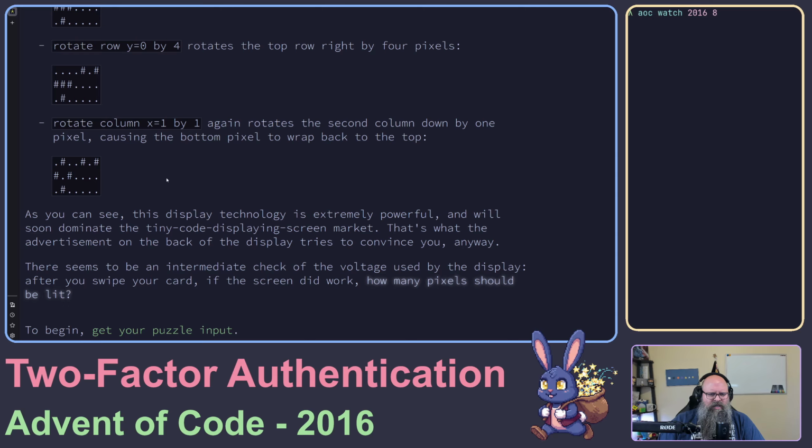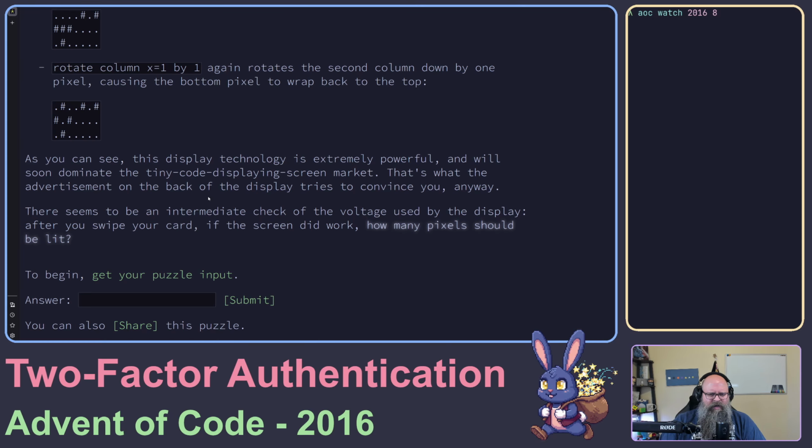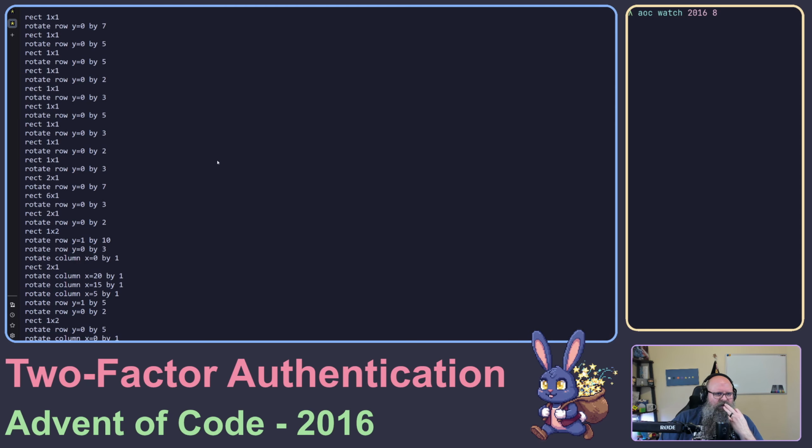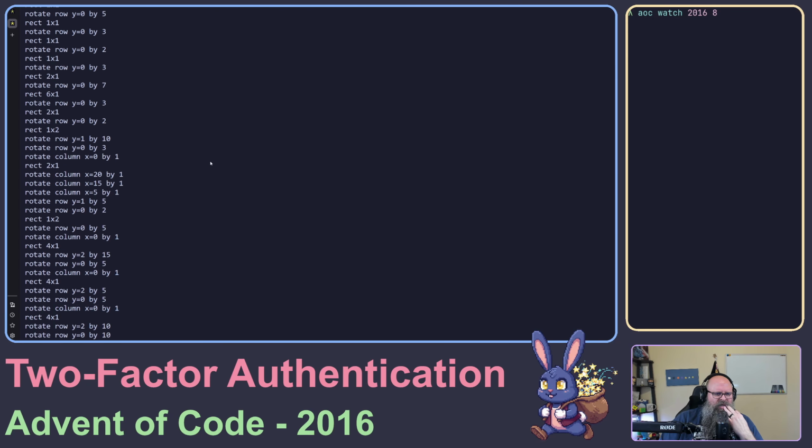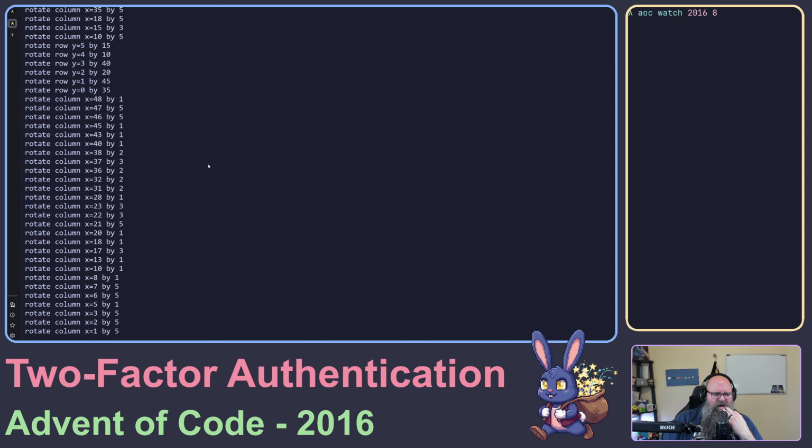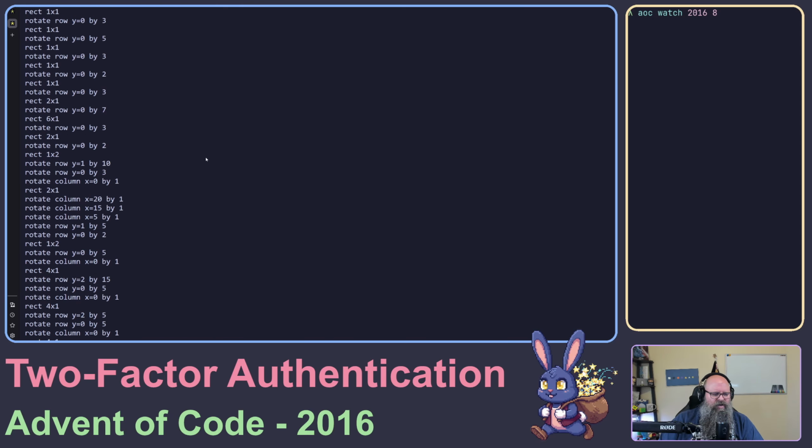As you can see, this display technology is extremely powerful and will soon dominate the tiny code displaying screen market. That's what the advertisement on the back of the display tries to convince you anyway. There seems to be an intermediate check of the voltage used by the display. After you swipe your card, if the screen did work, how many pixels should be lit? And then here's our puzzle input. Not a lot of instructions, but